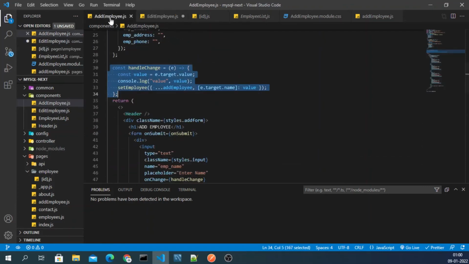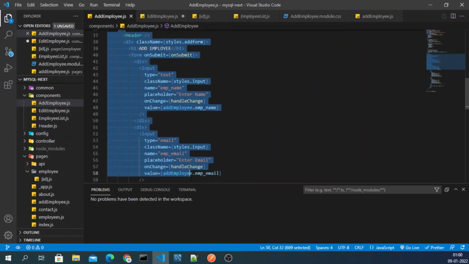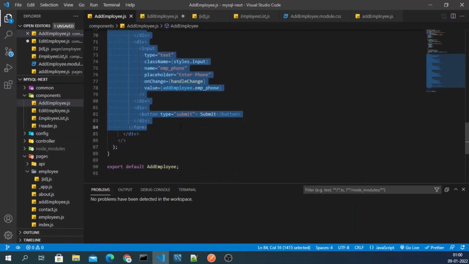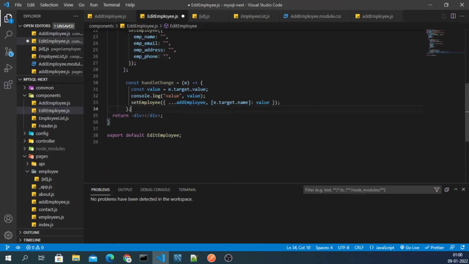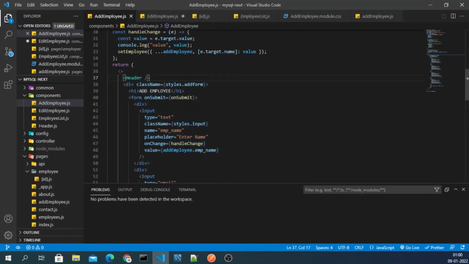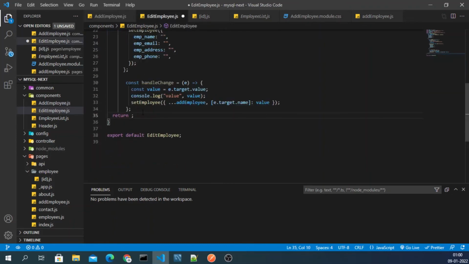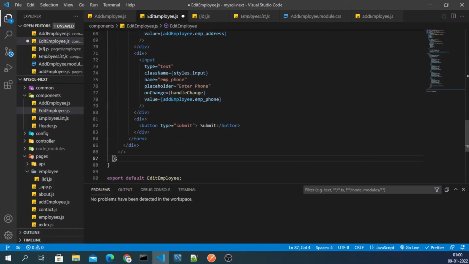And then we want this div from here. Let me just copy and then paste it like this.